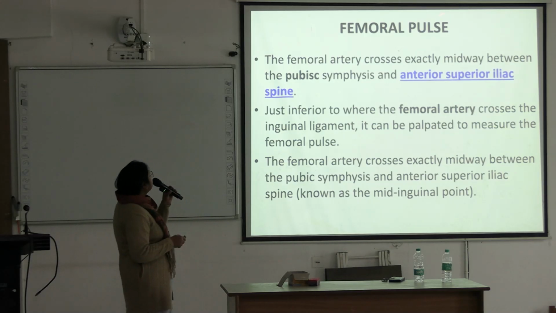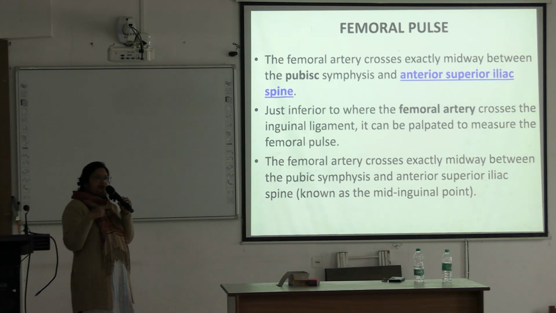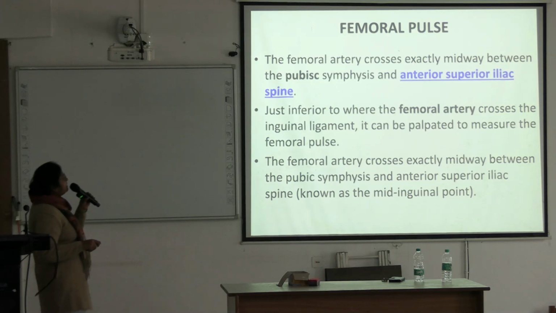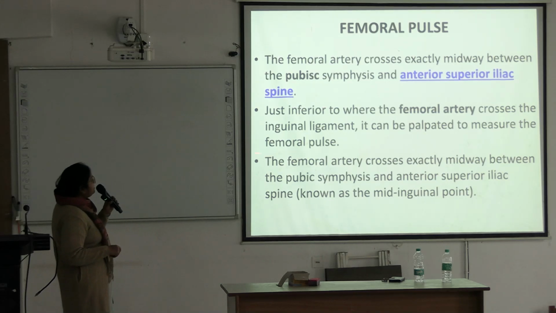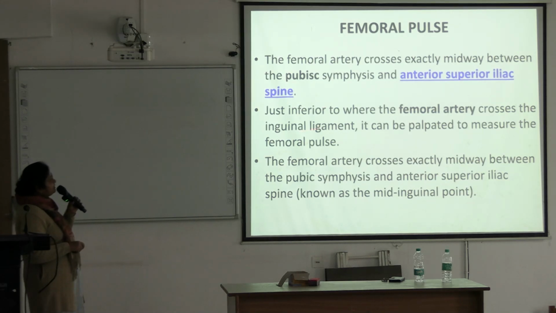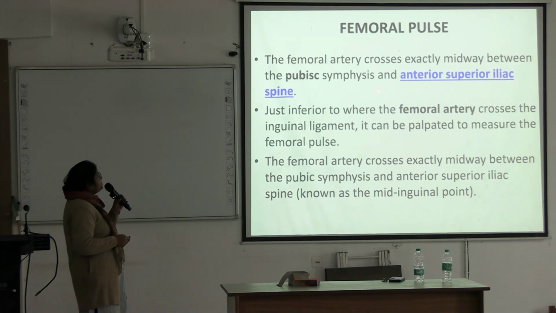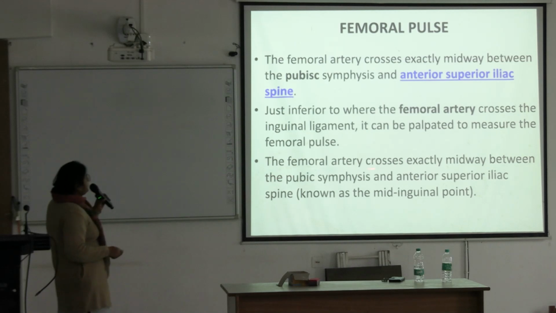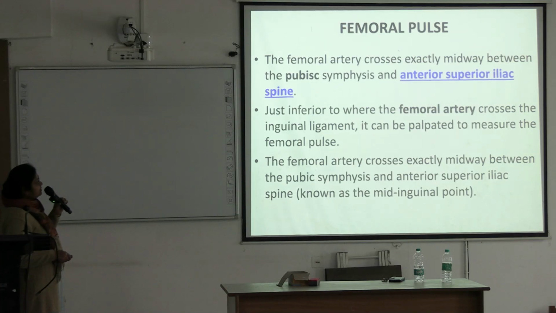So, the femoral pulse. You have to know the location where you palpate the pulse. The femoral artery crosses exactly midway between the pubic symphysis and the anterior superior iliac spine, and just inferior to where the femoral artery crosses the inguinal ligament, it can be palpated to measure the femoral pulse. So this is the point, the midpoint between the pubic symphysis and the anterior superior iliac spine. And the femoral artery crosses exactly midway between these two, which is known as the